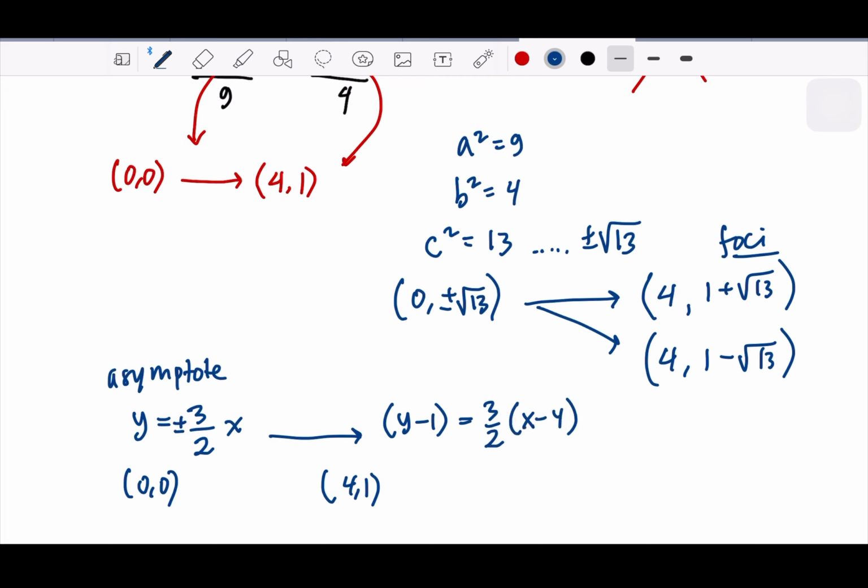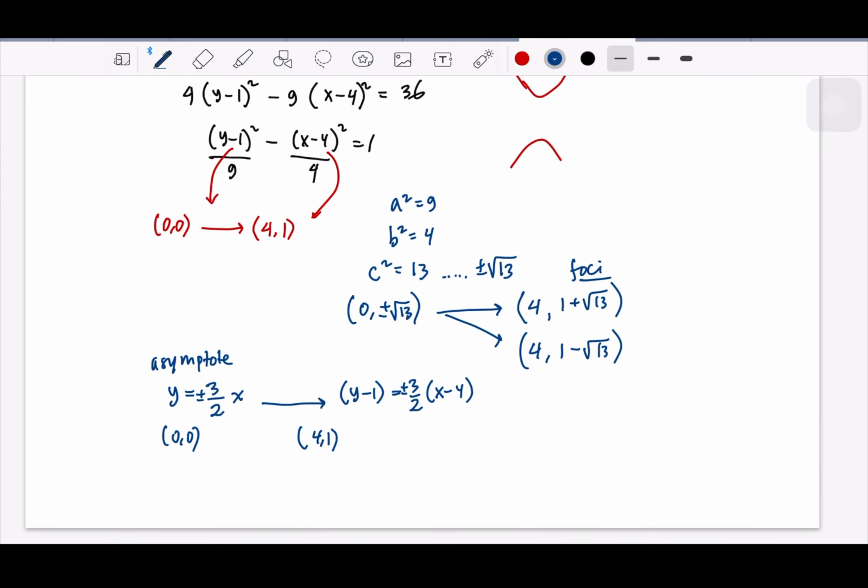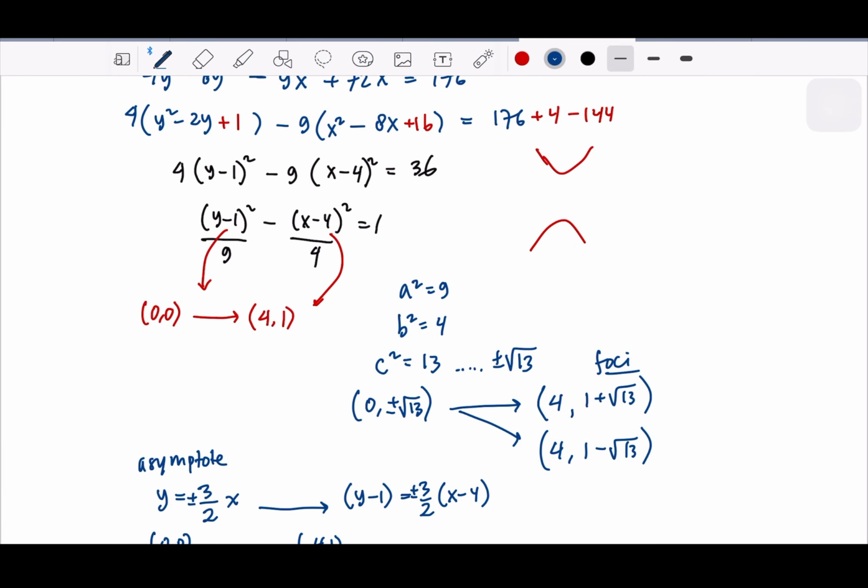This is plus minus, okay? And of course, it seems difficult to draw, but as long as you know the default sketch of the hyperbola,